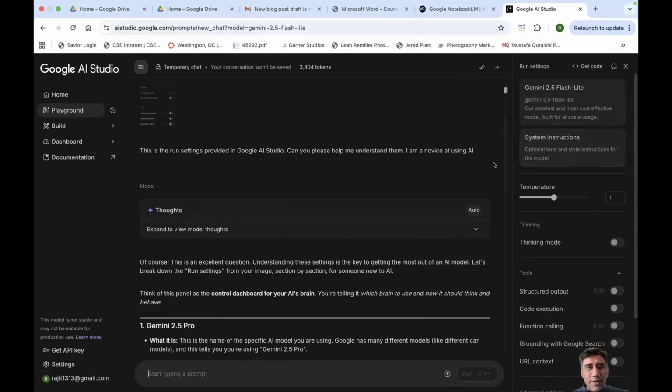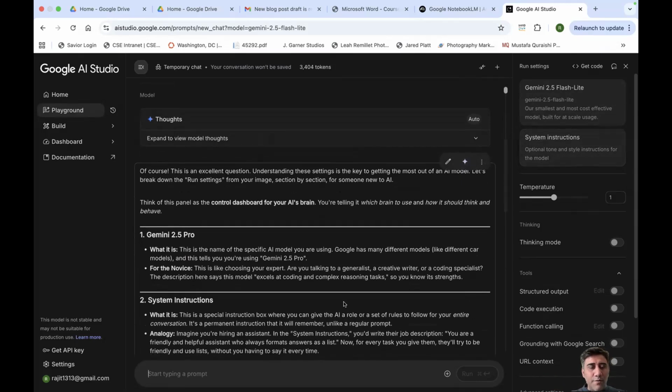Whatever output you give must be in British English, or it could be in APA style or any other referencing style. So you keep that in the background. Whatever output you get from the prompts that you create over here will always adhere to the system instructions as well. Another system instruction that I know in media organizations we use extensively is that we don't want